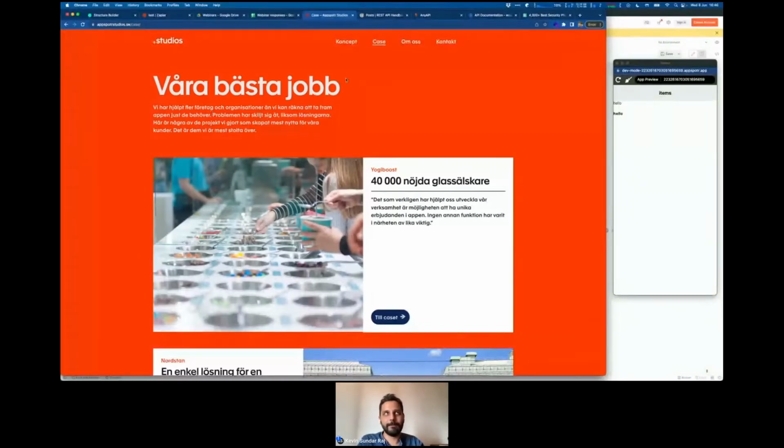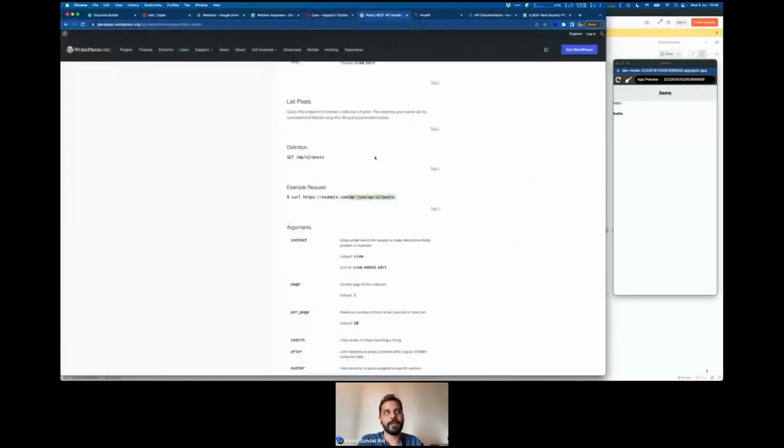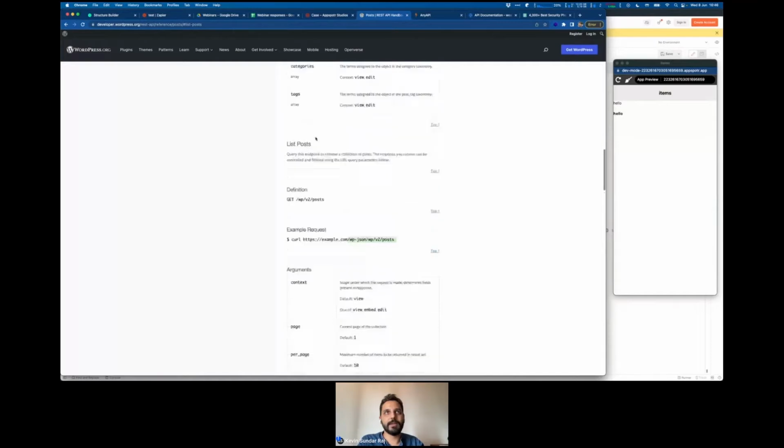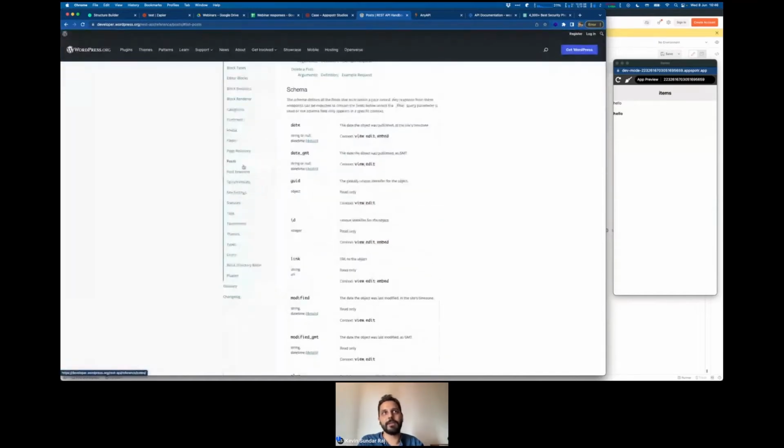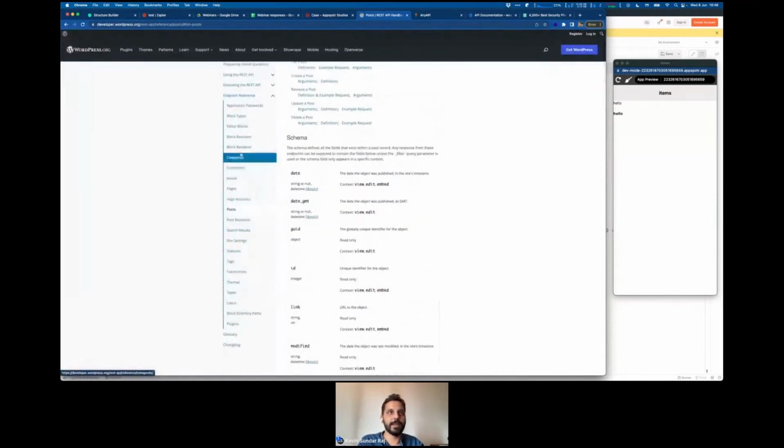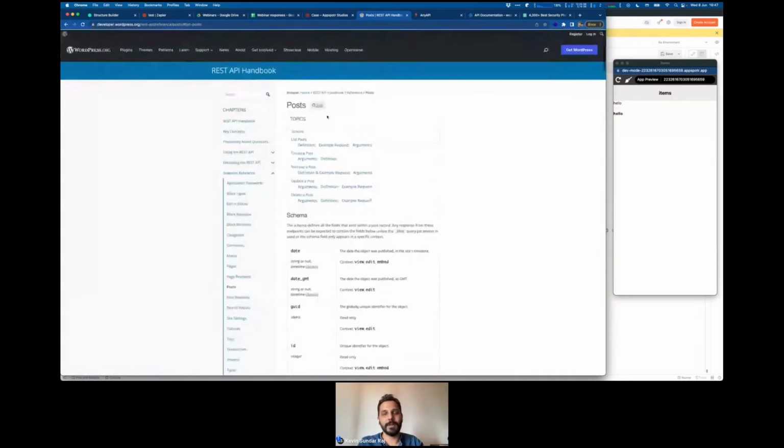Next step is looking at the documentation on WordPress. So every system that has a REST API will have some sort of documentation. And here they have a REST API. You have a lot of things you can do with WordPress: comments, categories, block types. But I'm going to go to post because it's the easiest one to show an example really fast. You have what we call an endpoint, which is intended to fetch all the posts for a WordPress